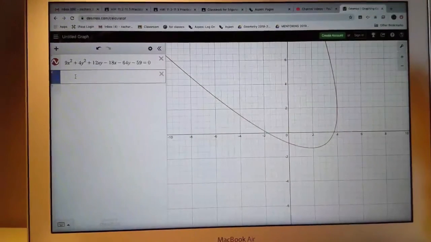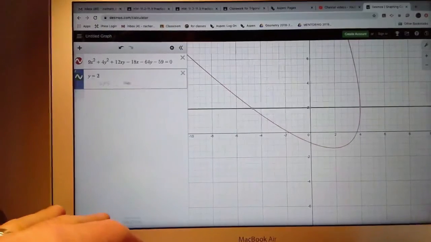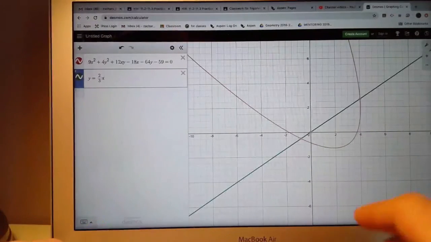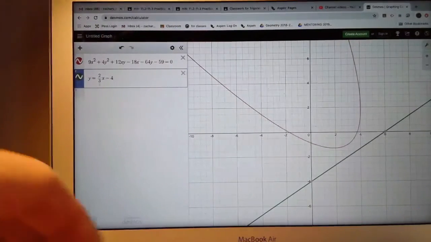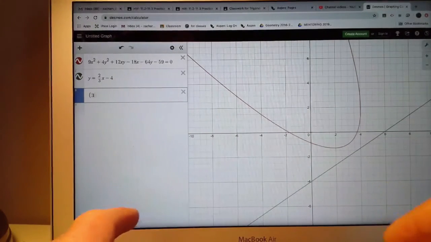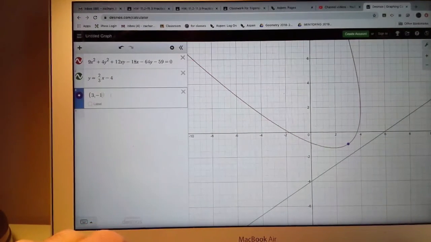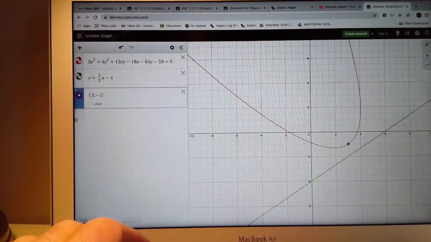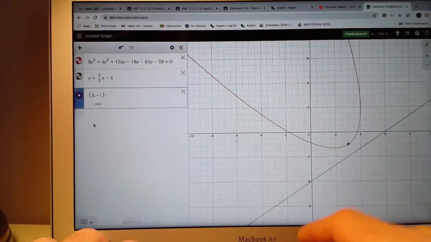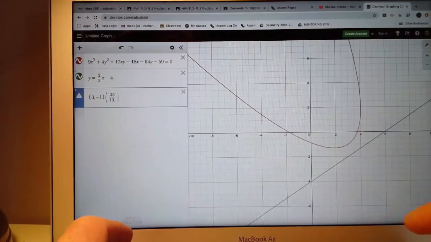And if I want to make sure that it seems reasonable, I'm going to put in my directrix, right? And how about I plot that vertex while I'm at it. Okay, that looks like the vertex. I'm going to put the focus in, right? And then when I put that in,